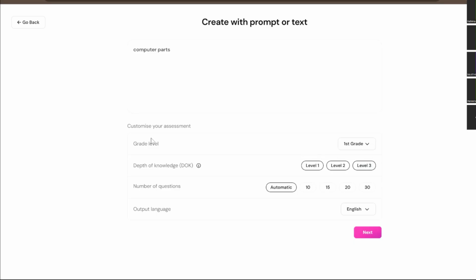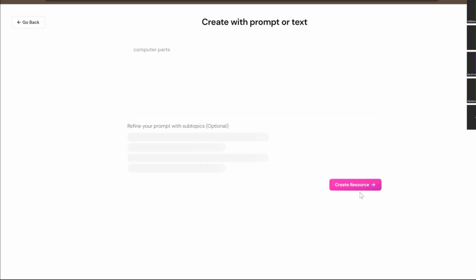You can choose according to your assessment question patterns. Here I'm choosing level 1. They have already given a set of options like 10 questions, 15, like that. If I choose 10 questions or automatic, anything is okay. Then next.